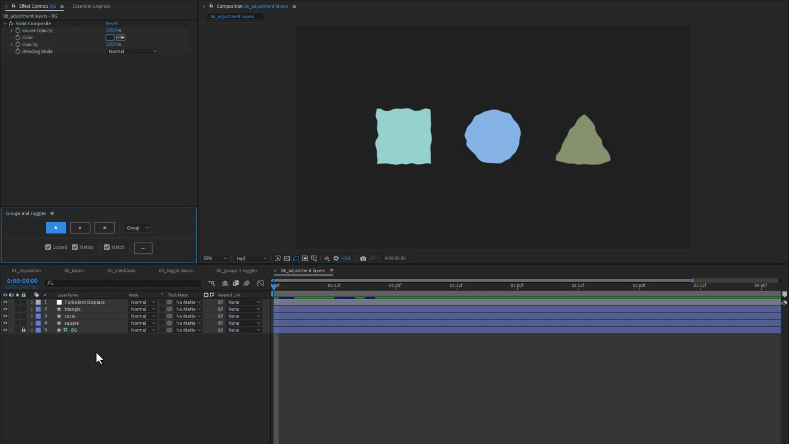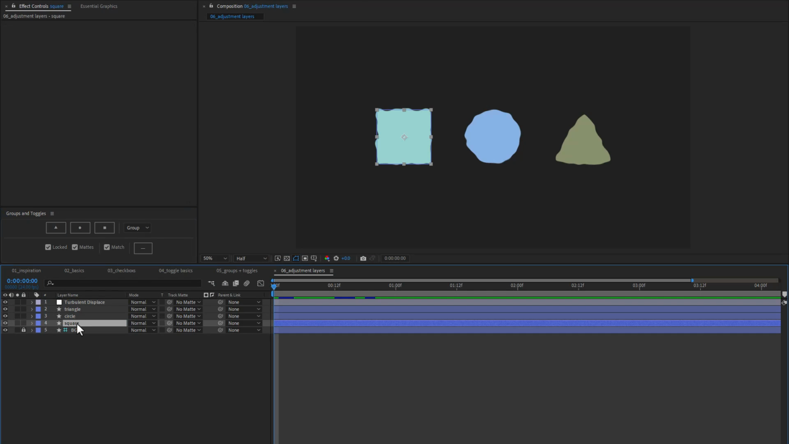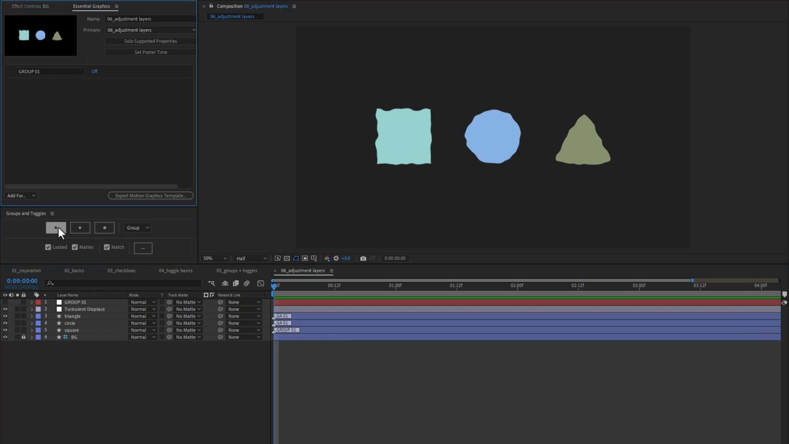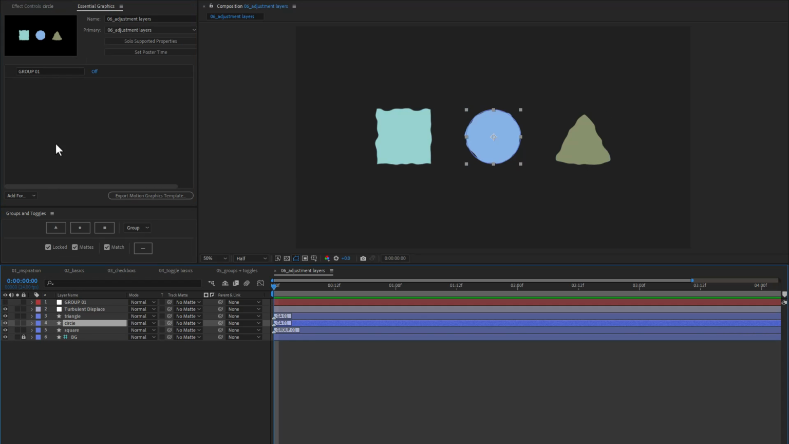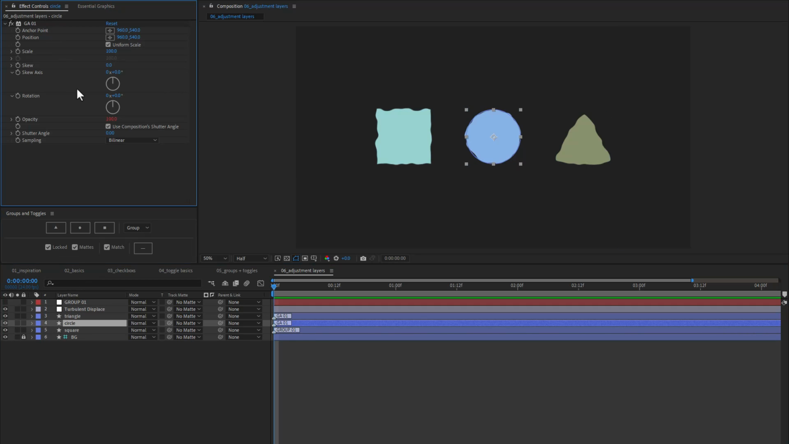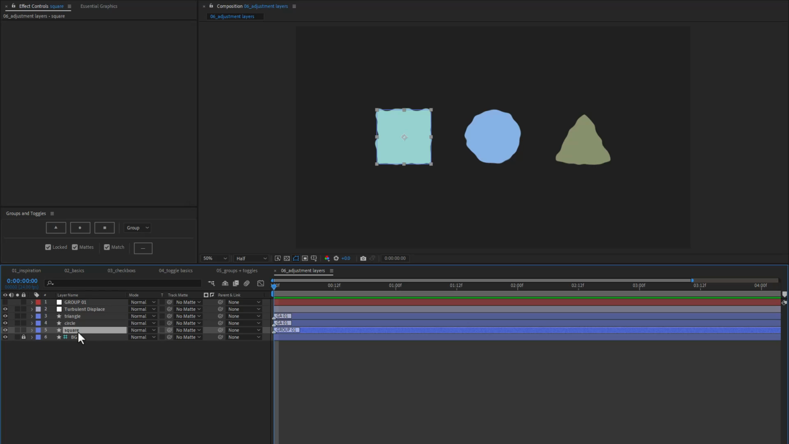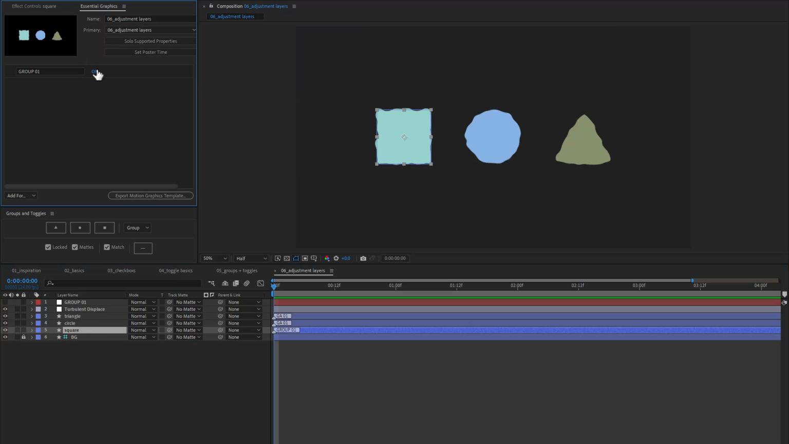Let's take a look at using groups with adjustment layers because they're a special circumstance. If I click on square and apply that to group 1, all the other layers get the transform effect so that we can apply an expression to opacity. And so that allows us to isolate just a square, and so I can turn that on